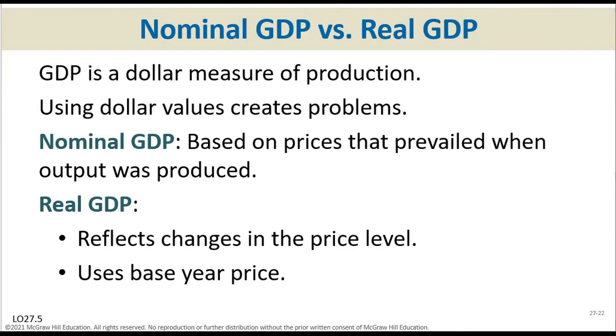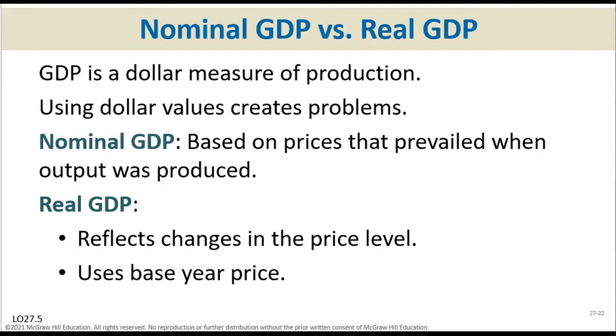The nominal GDP is based on the price that prevailed when the output was produced. The other one, the real GDP, is the GDP that has been deflated or inflated, or put it this way, adjusted for the price change that happened during the production,